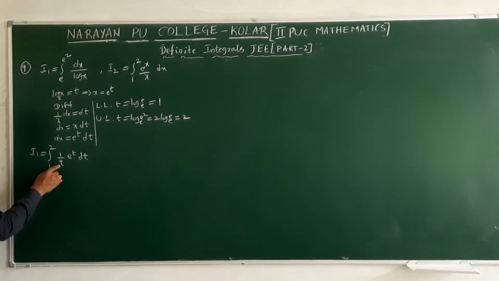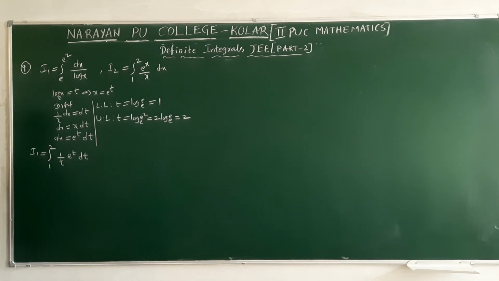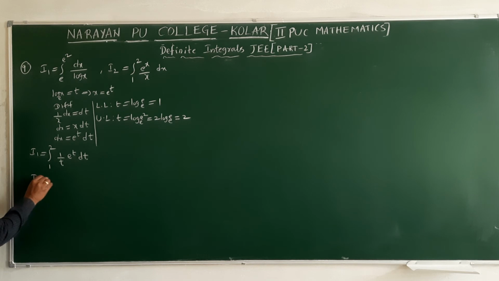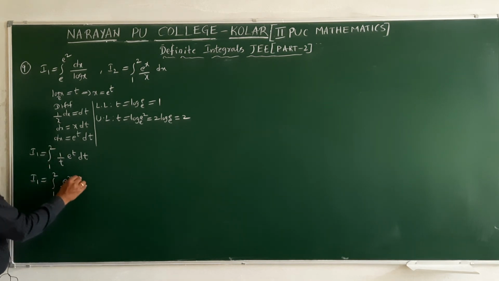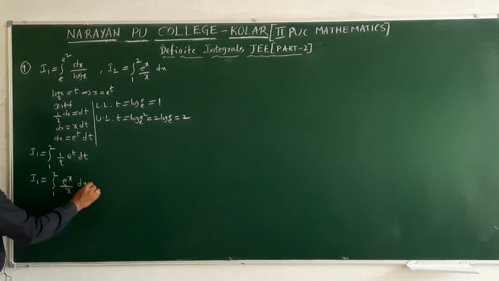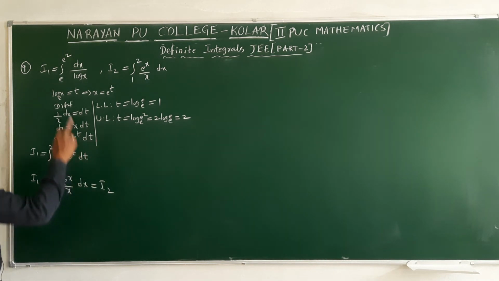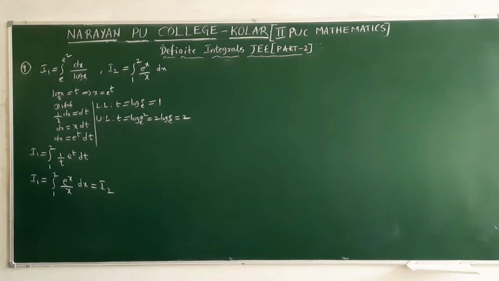That's why we can replace t with the x symbol, and dt we can replace with dx. As per the property, it is treated as a dummy variable because the integral limits are the same. That's why I am replacing t with the x symbol, because both values become the same. This is equal to which one? I2. So I1 and I2 are both the same only. That is, option A is the correct one.